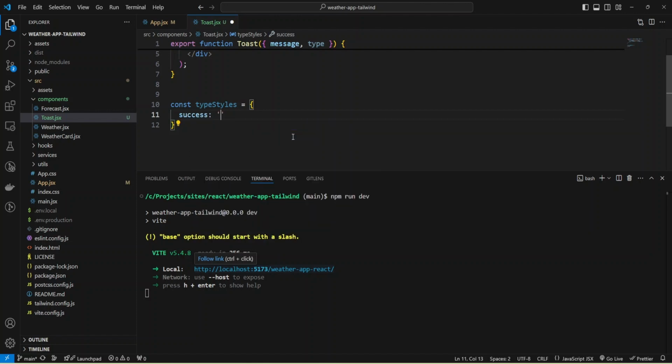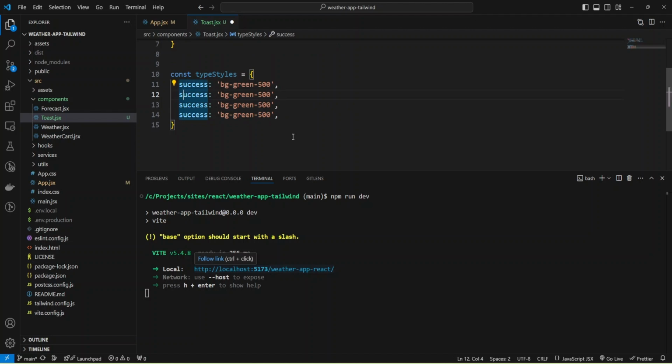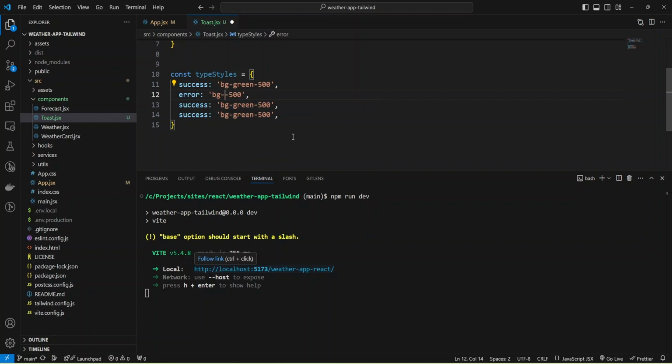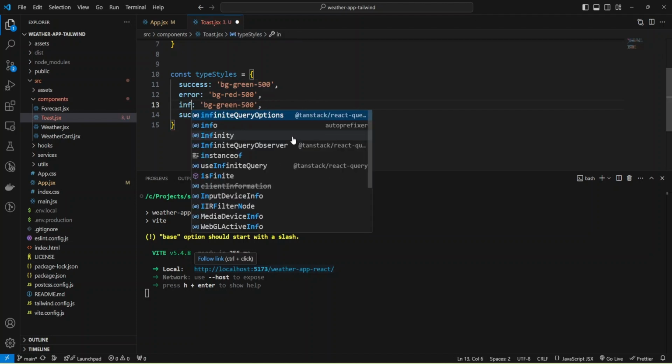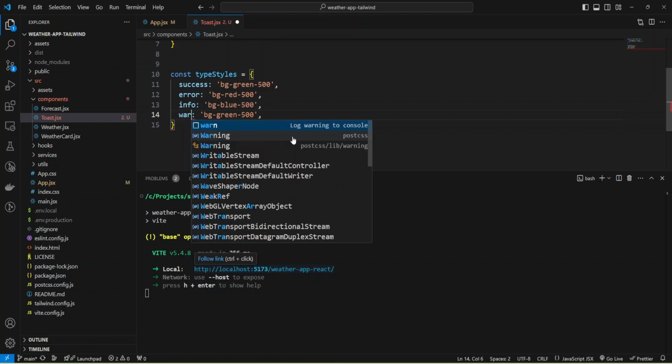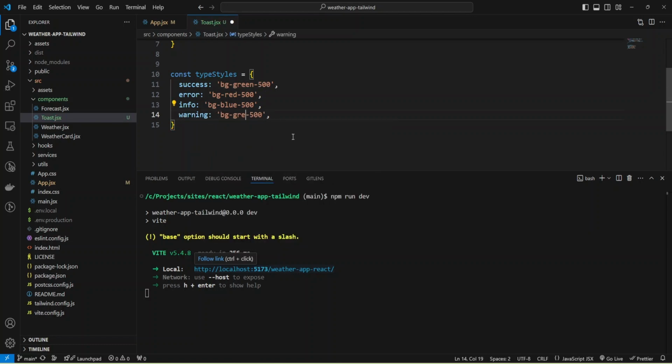And for success, I'm going to add background green 500. And also we need error with a red background. And also we can add info with blue background. And also let's add warning with background orange.